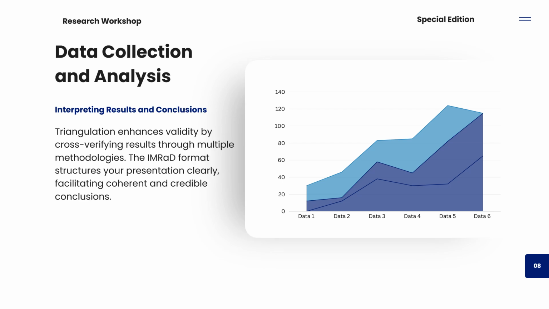Then after you must have done that, there's what we call triangulation, where you interpret your results. There's a structure on how you can discuss your findings to analyze what you've done. Probably you are using different methodologies. This is the point where you now sit down and look at your work properly. What the data you have collected, how do I now interpret this? Because communication is very key in research.